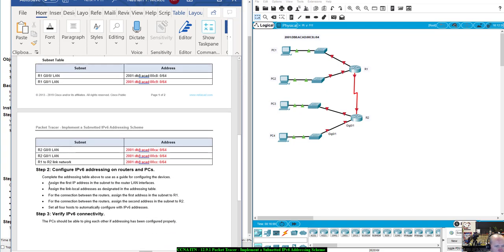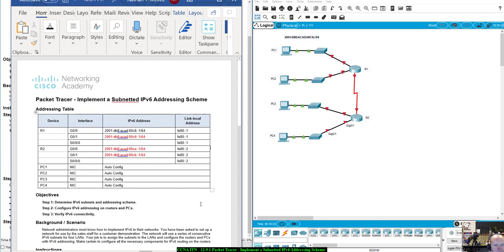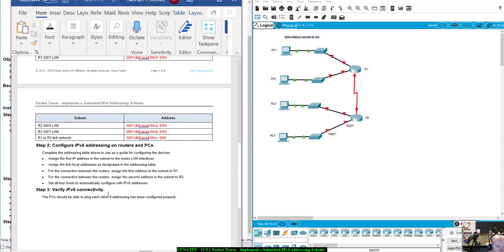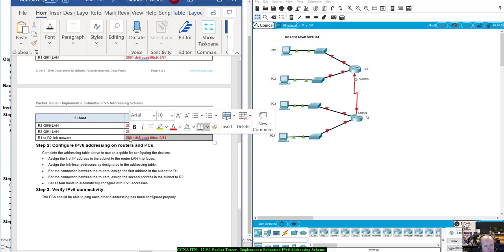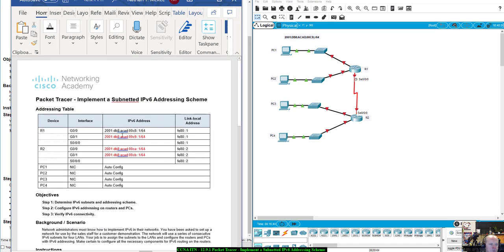Now, alright, we did the first address. Assign the link local addresses as designated in the addressing table. Those are already set up, so that's not an issue. Alright, for the connection between routers, assign the first address in the subnet to R1. So that'll be serial 0/0/0 on R1. Alright, so copy that one. Should be CC. Okay, and R1's serial 0/0/0 should get